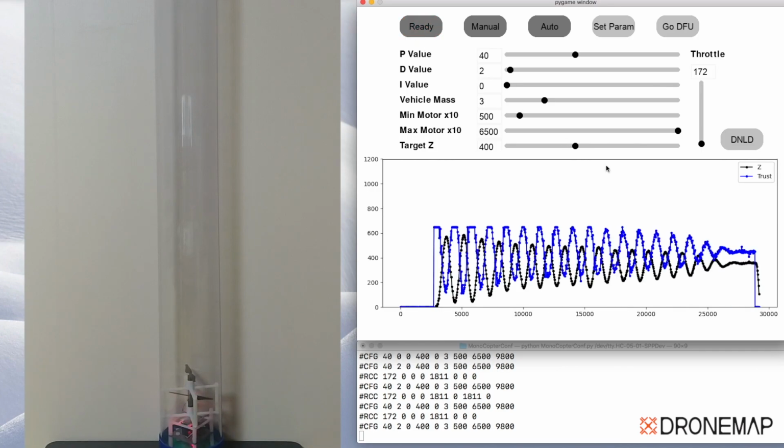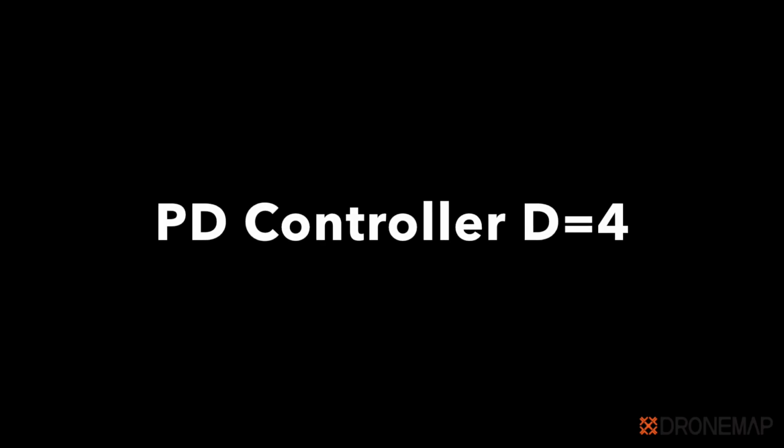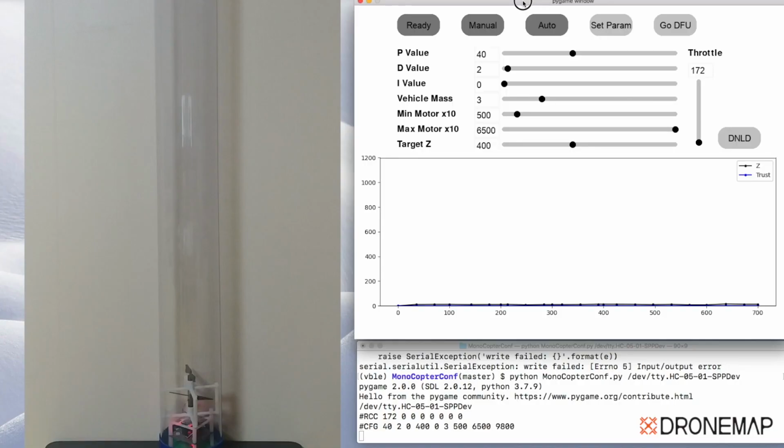It eventually goes to the hover state, but it takes so long. How about increasing the D value a little bit more?